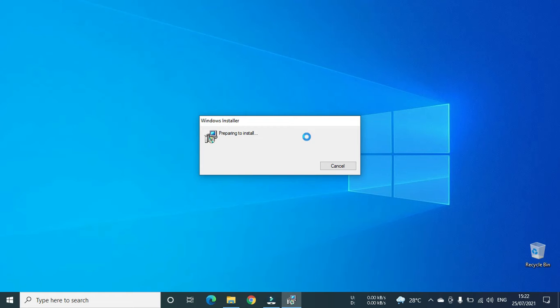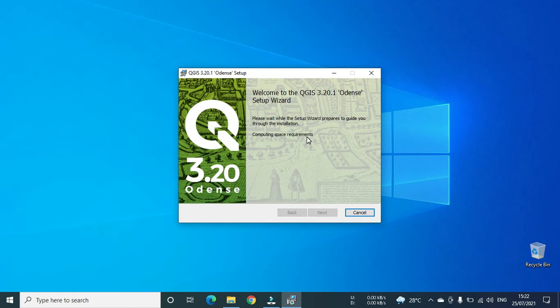Based on the configuration of your computer, the installation may take a few minutes or longer. I am having a basic configuration laptop, so it is going to take slightly longer for me.